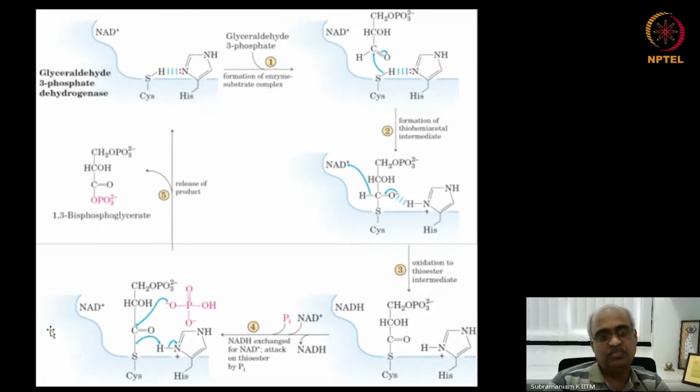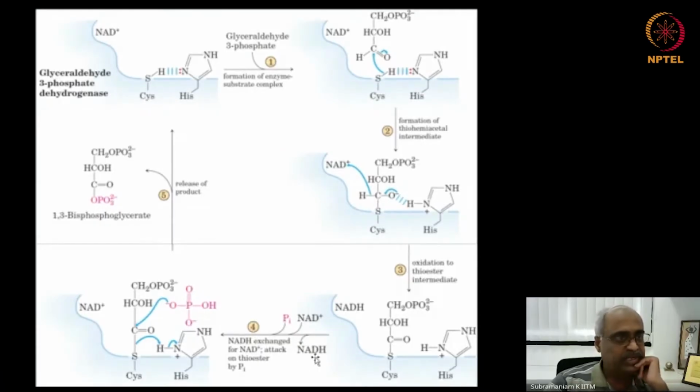So this bond conserves the energy made available by the oxidation of the original aldehyde group to the final carboxylic acid group. So this is a high energy phosphate, the one shown here, this carbon phosphate bond. So 1,3-bisphosphoglycerate is formed. Here you have a net gain of 2 electrons per glyceraldehyde, so 4 electrons per glucose conserved in the form